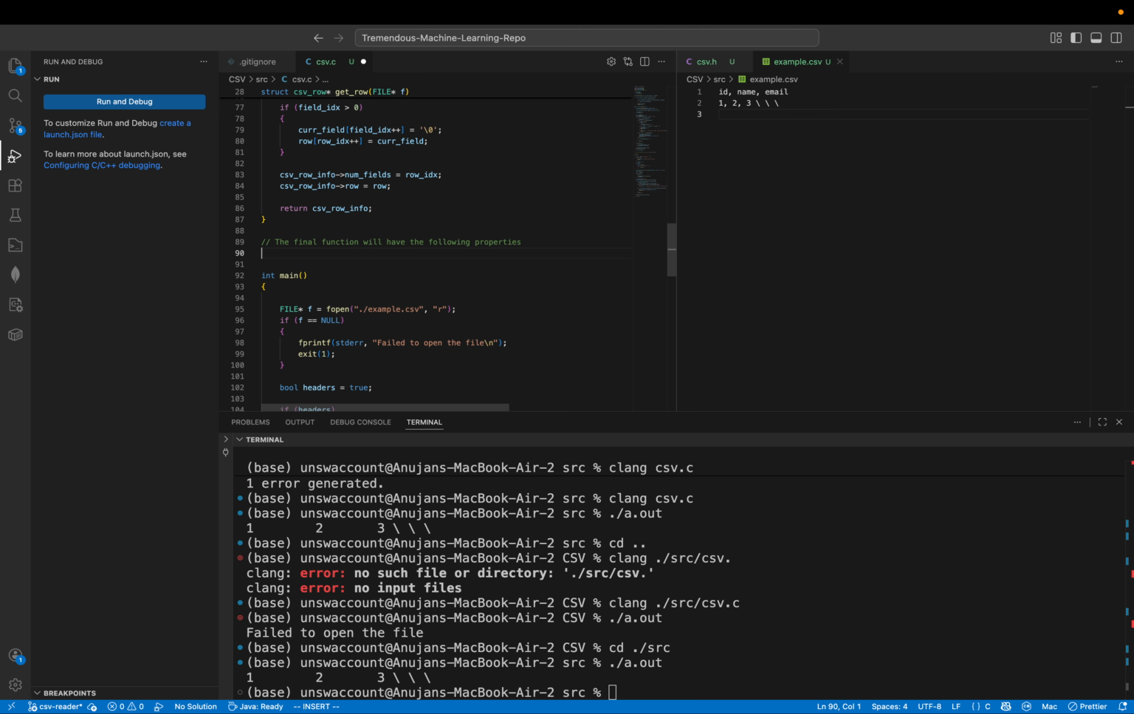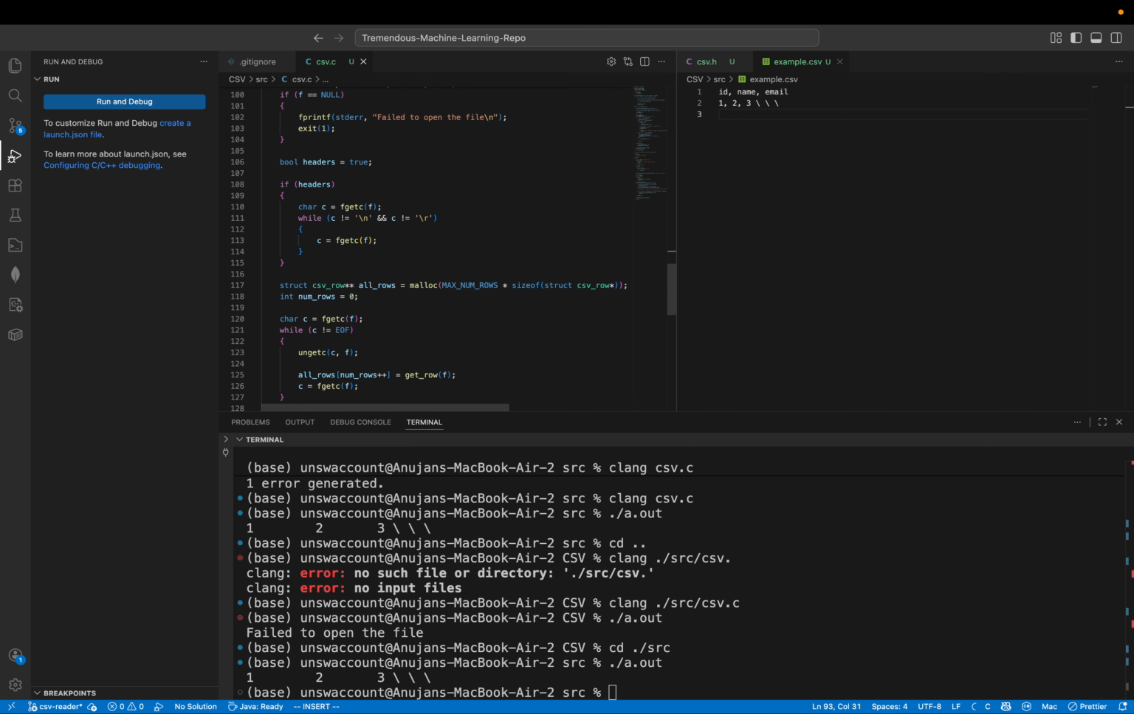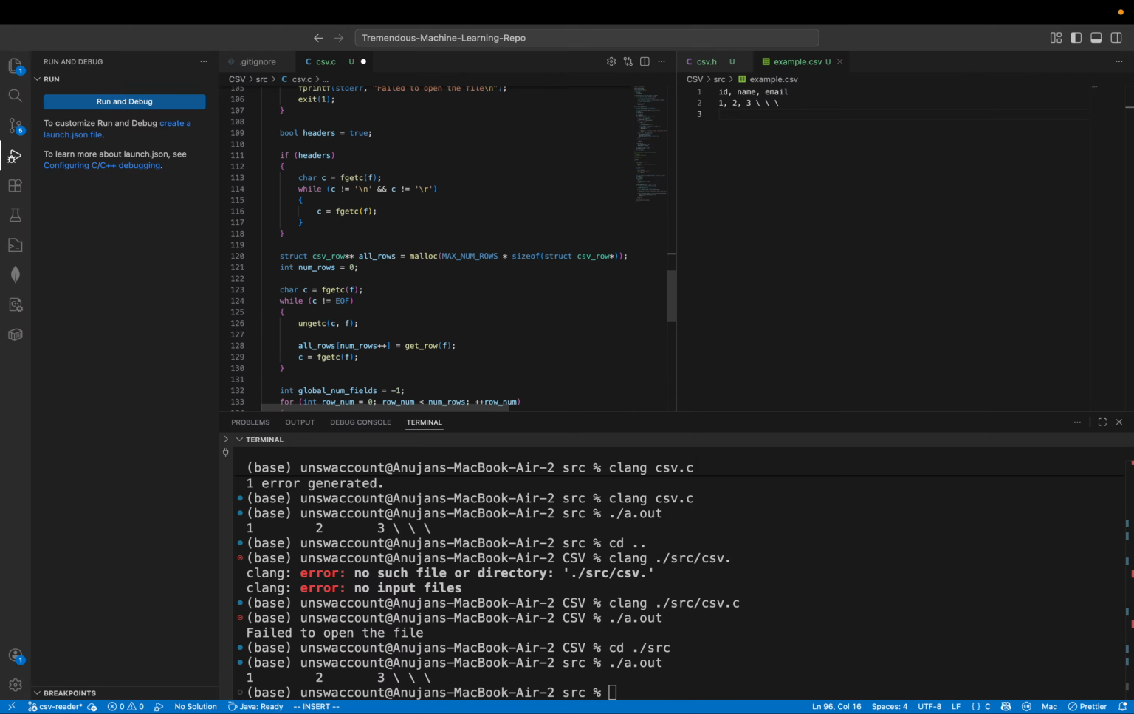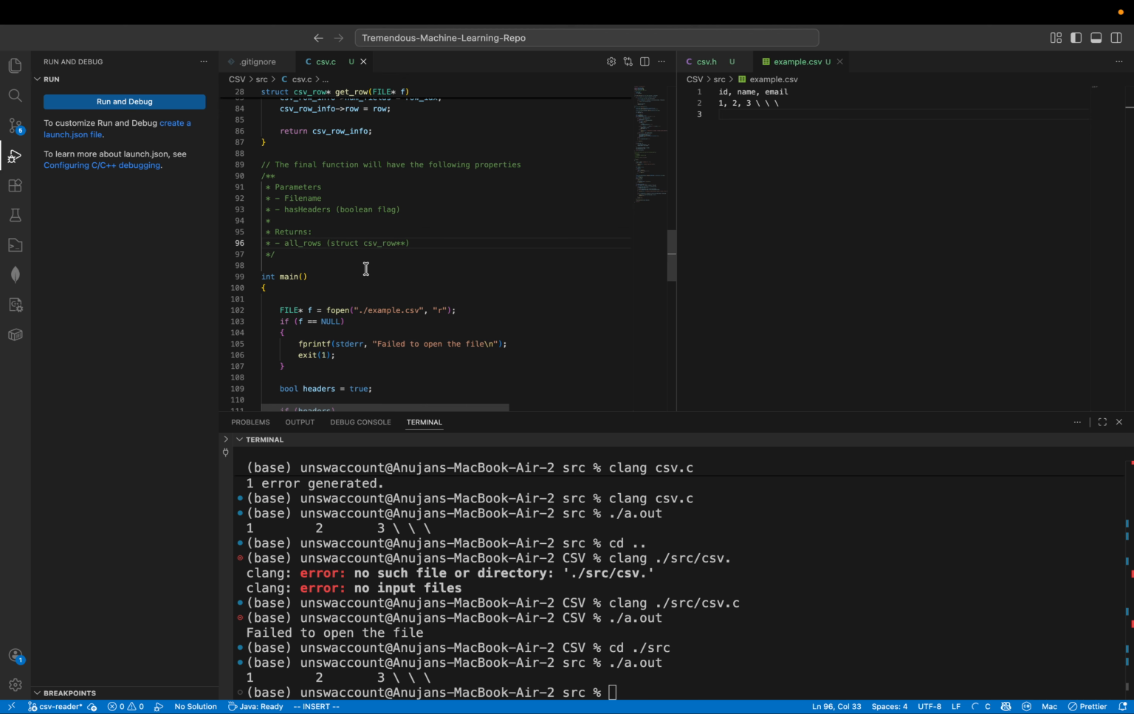Takes in file name. So wait, this is what? Yeah, the parameters will be file name and has headers, a boolean flag. And then we'll return all rows, which is of type struct CSV row double pointer. It returns that, and then it should also have